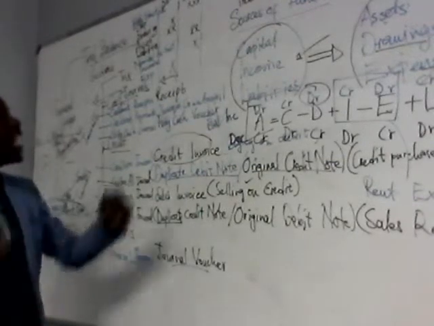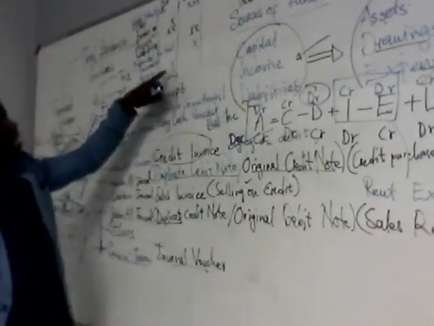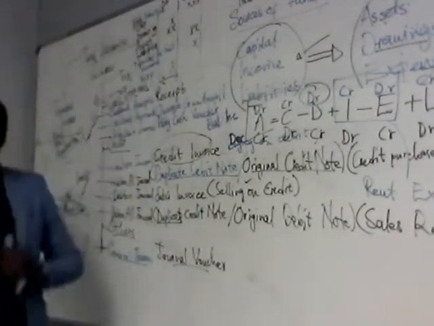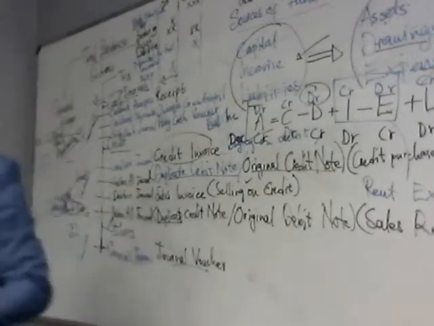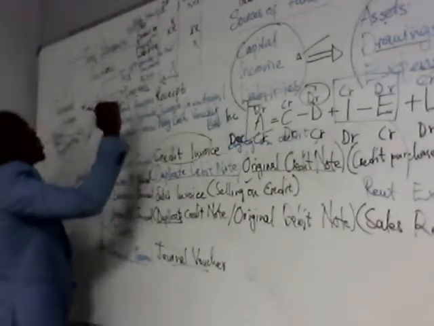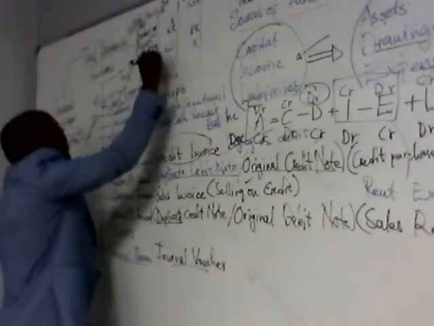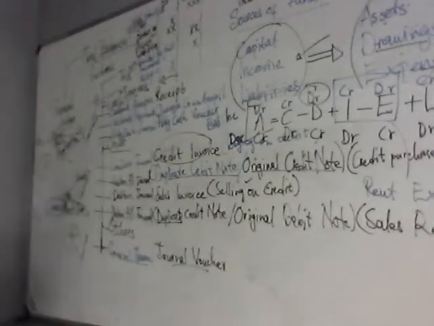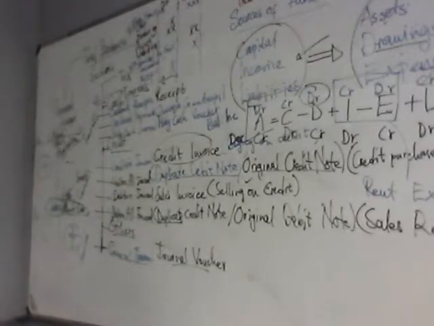Guys, even if it's on the, you see, all expenses are on the debit side. Even if it's on the debit side, but under the balance sheet section, it is wrong. Are we together? It is wrong. We know that once we call something, we've got two sections, the balance sheet section and the nominal account section. Now, the nominal account section must have all incomes and all expenses. So, an income is correct. Once we say correct this, an income, oh, by the way, we are not going to correct all of them. We are not going to give you a trial balance which is all wrong. Some of them will actually be correct.